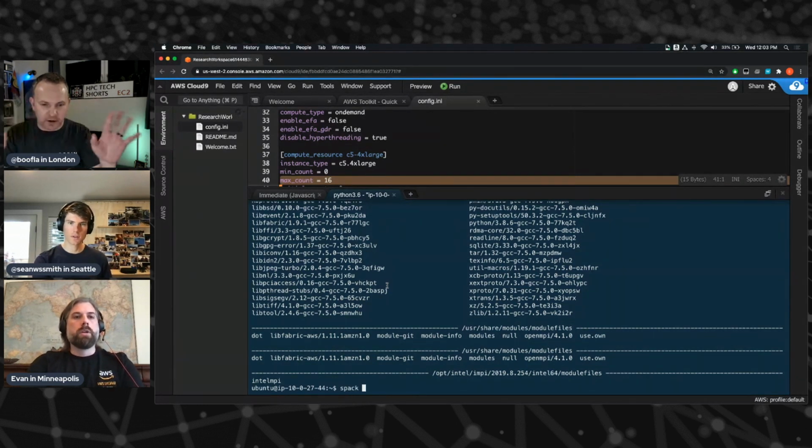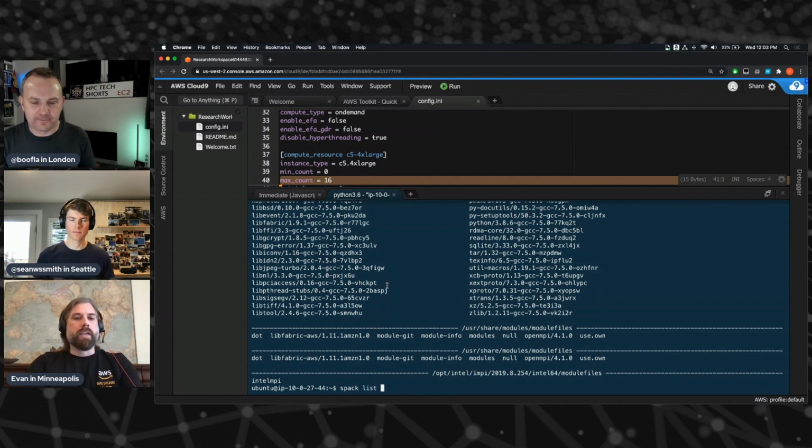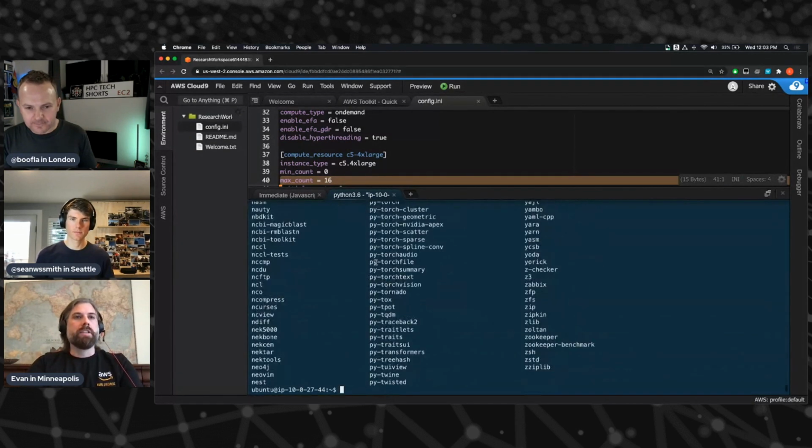Spack is, by the way, one of the best things to ever happen in HPC. It really is. Spack has over 5,000 HPC packages available to build and install on your clusters. You can say spack list, and you can see all of those different packages. You can choose one and say spack install